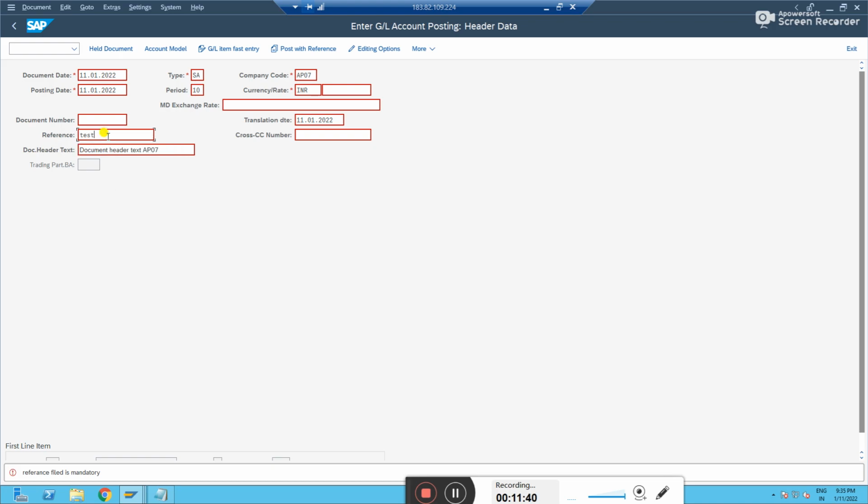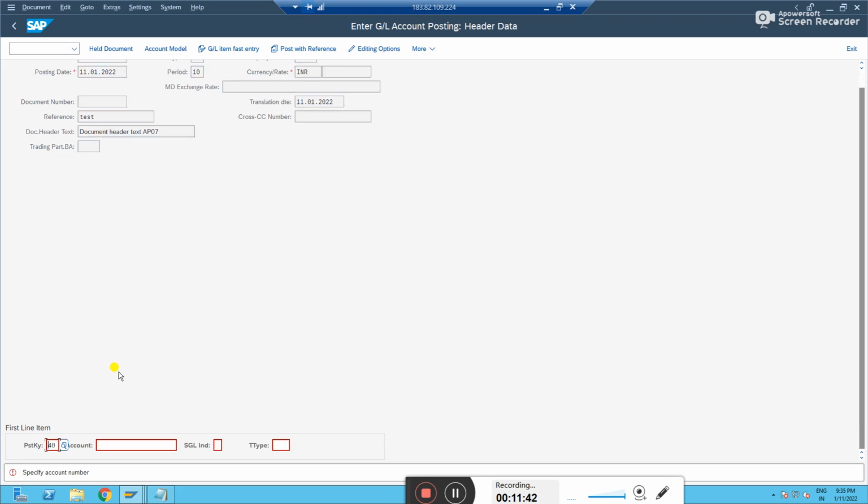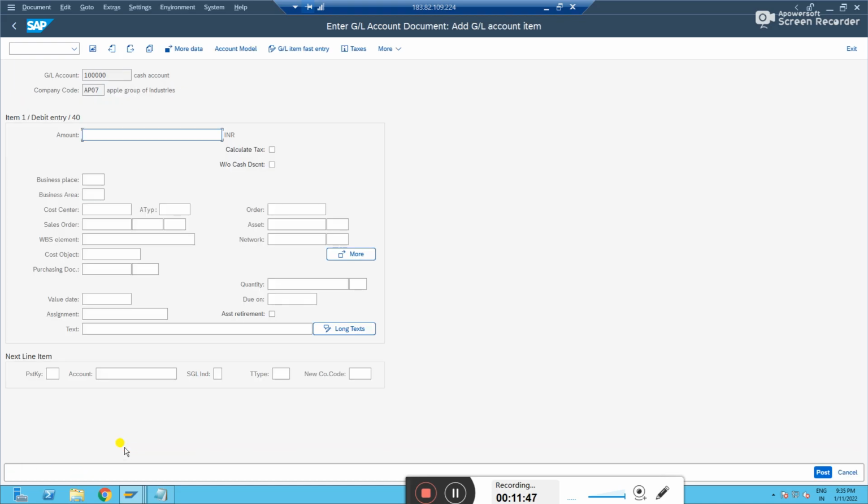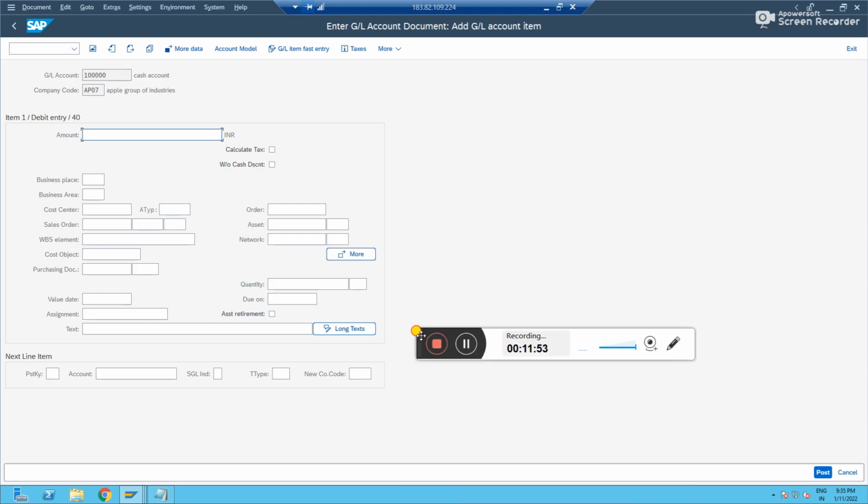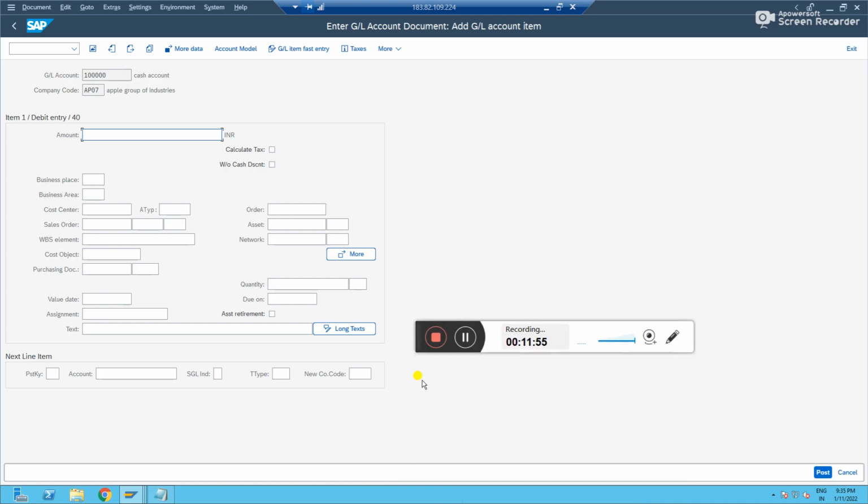See the validation I have for the reference field, then I fill. This is the simple way to create validations and substitutions based on your business requirement. Okay, I know this is a simple one, but you'll understand very easily whatever fields you want to play with in a validation or substitution, you can go ahead and play.